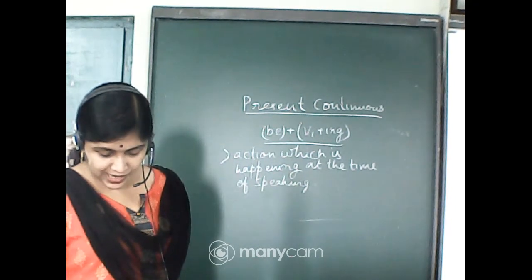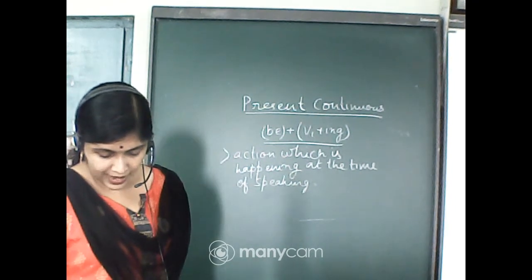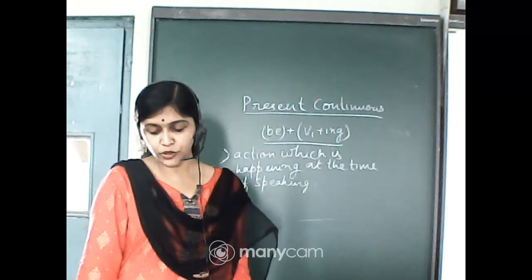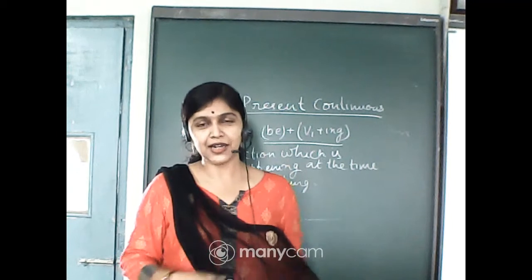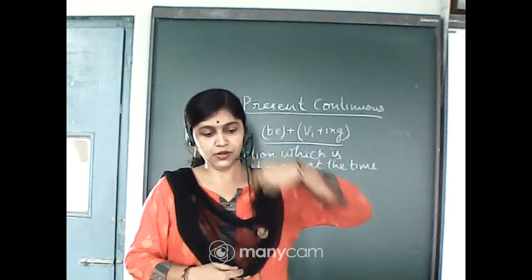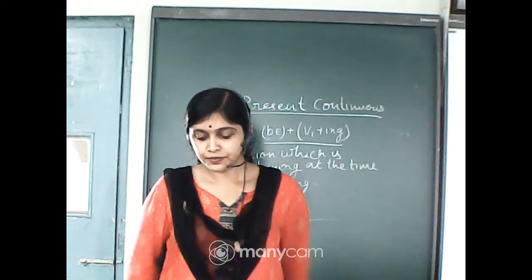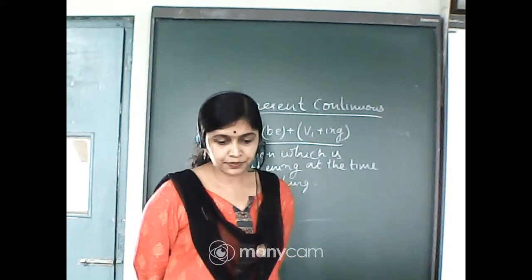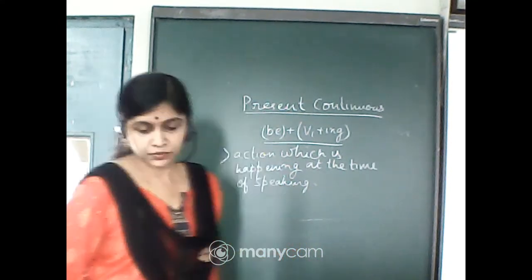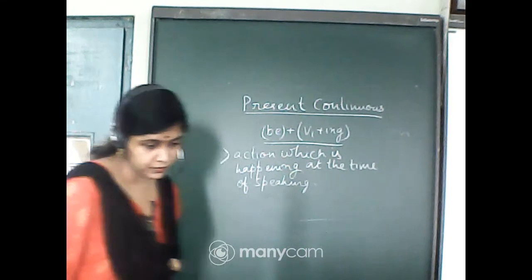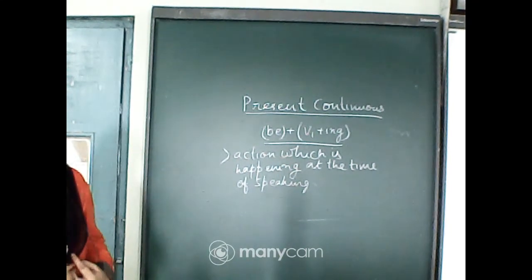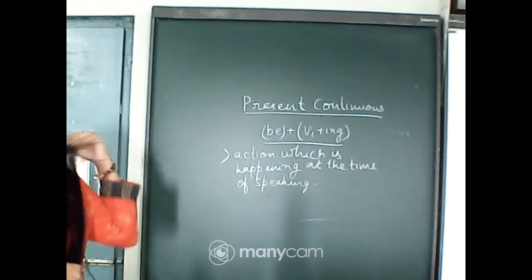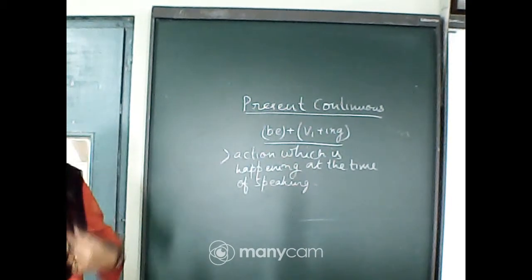Now come to exercise number E. Exercise E, either you have to use the present simple or present indefinite, simple present that is, or the present continuous. Okay, so let us start. Exercise E number 1. Children should respect elders and avoid showing disrespect to them.